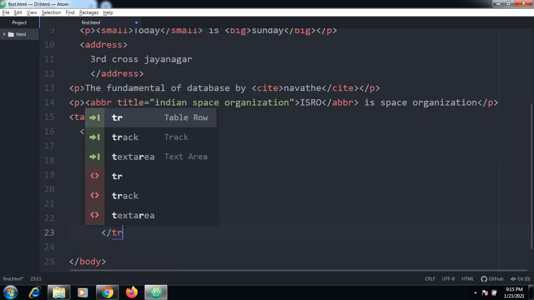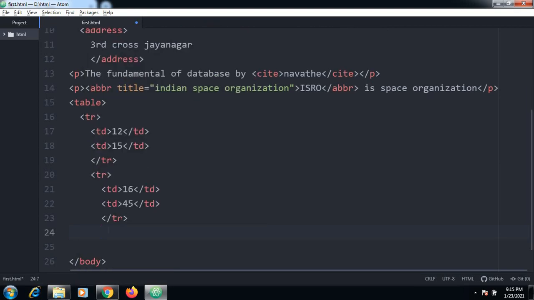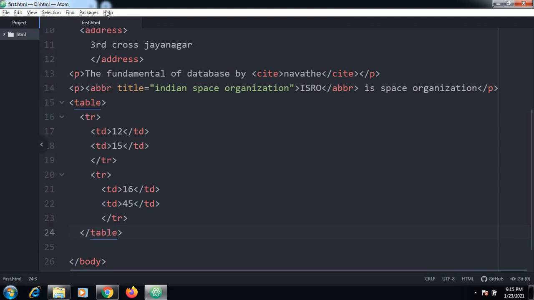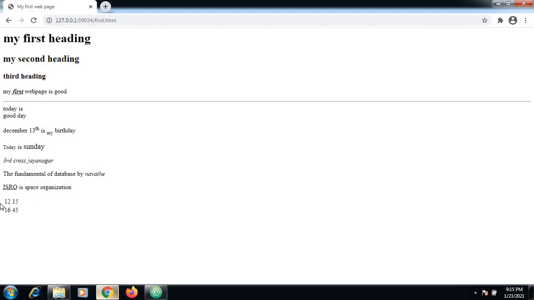Slash tr, so slash table. So this is how I created the particular table. So go to save, and now I will try to see this. So now the table has appeared: 12, 15, 16, 45.